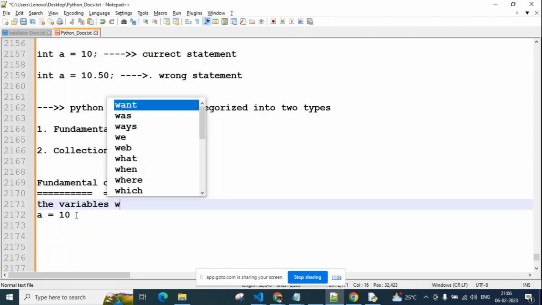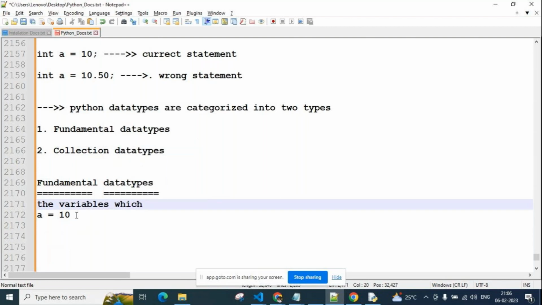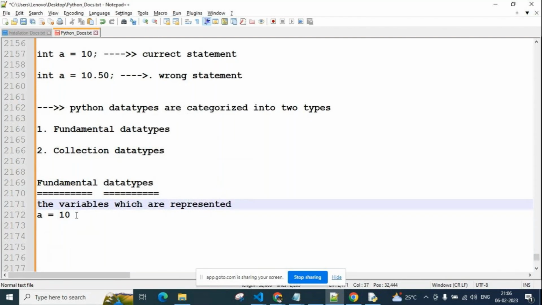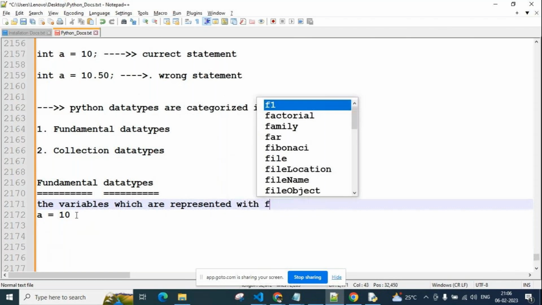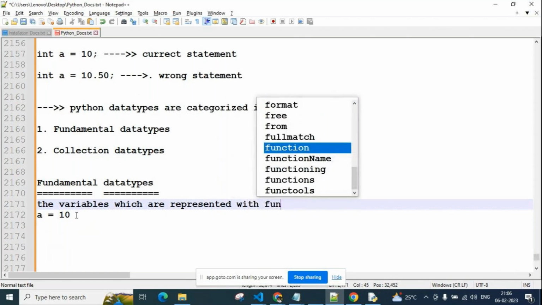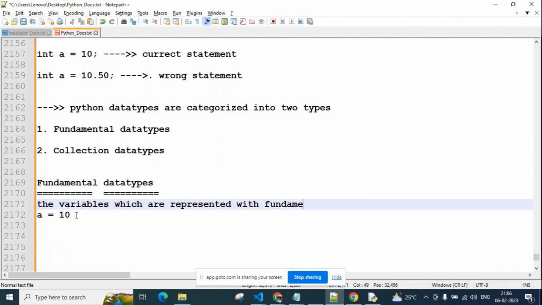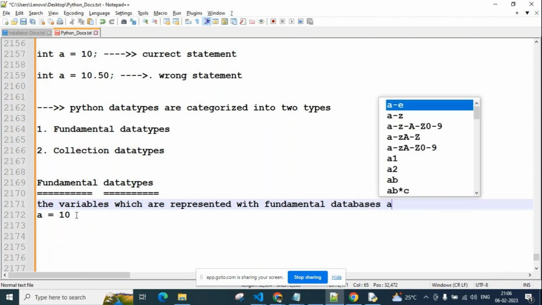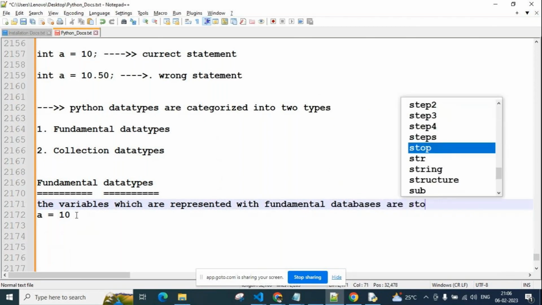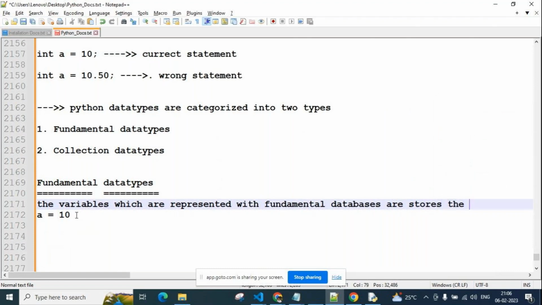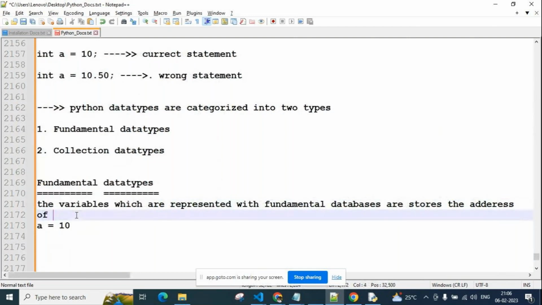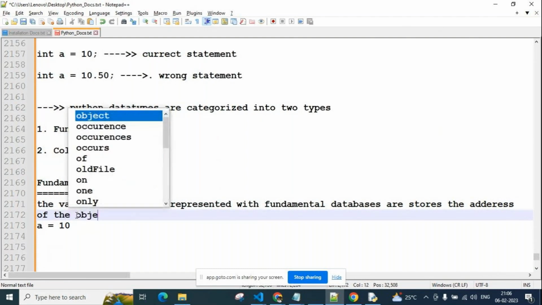So the variables which are represented with fundamental data types store the address of the object, guys. Address of the object.